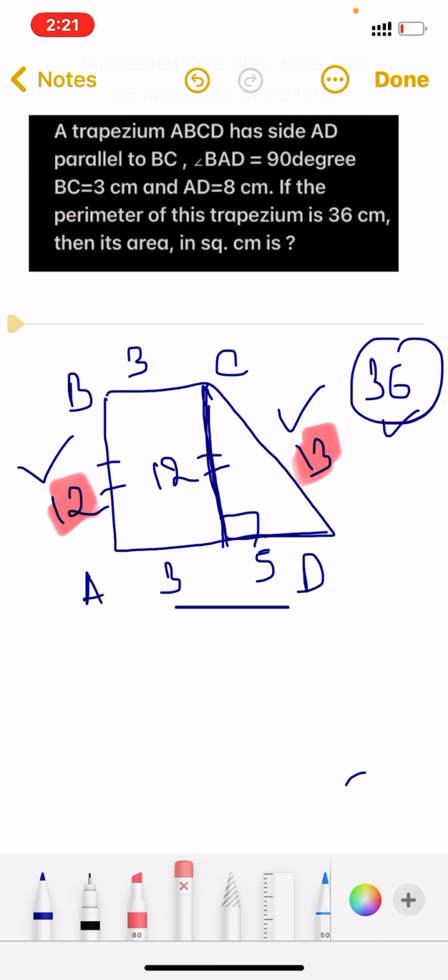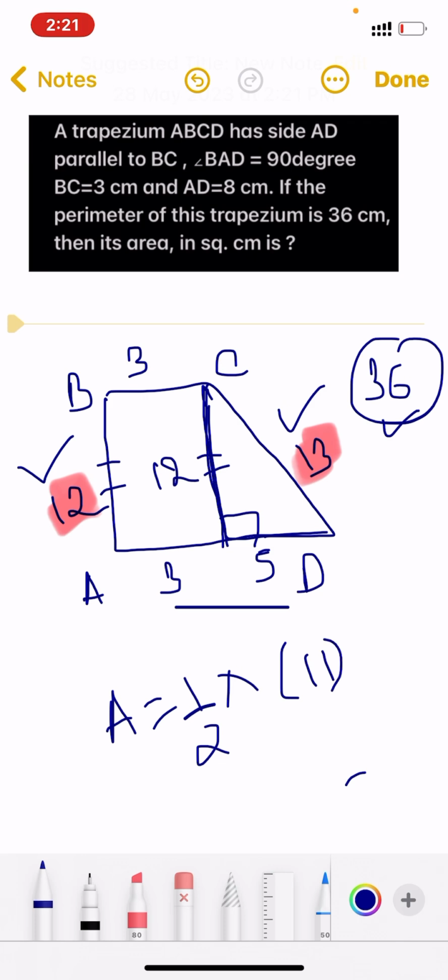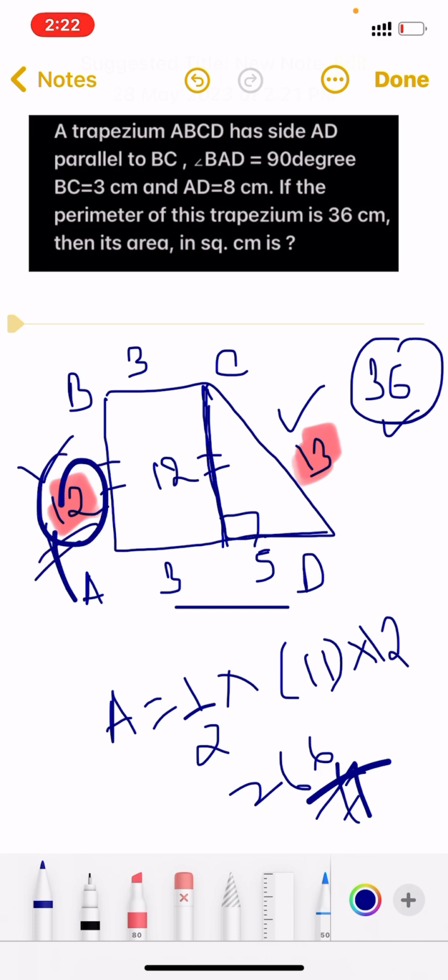Now all you need to do is calculate the area. So 1 by 2 into the sum of parallel sides, 8 plus 3 is 11, into height 12, so 66 is the answer to this question. The best part of solving this question was thinking of a triplet. You can do it very quickly. Instead you would take h plus this, and then equate to whatever is left. So it's better to do it in an efficient way by thinking of the perimeter or anything which will reduce your calculation, and the knowledge of triplets will help in this as well.